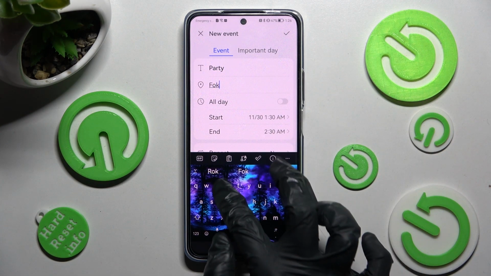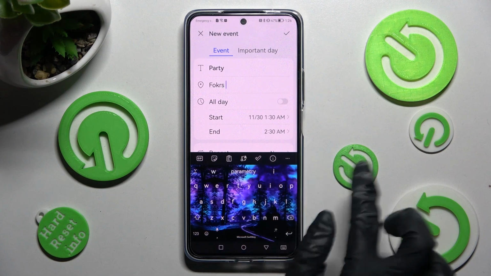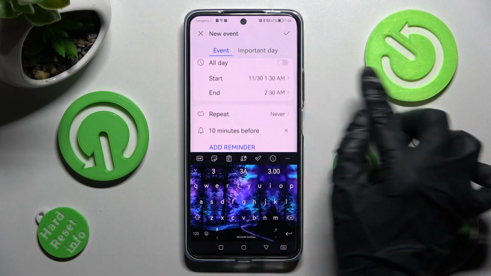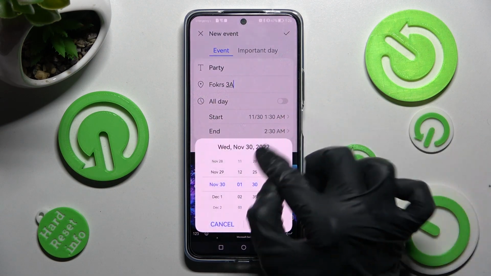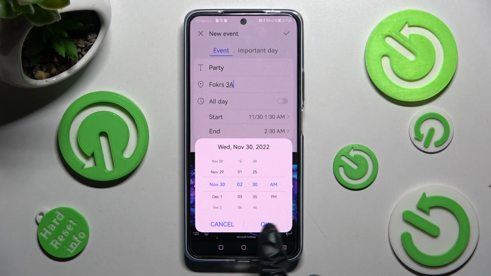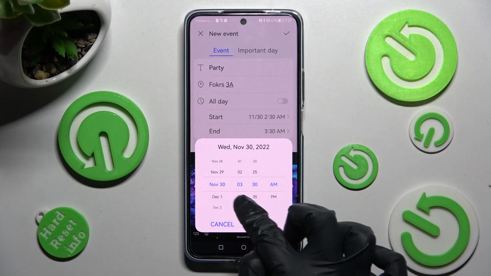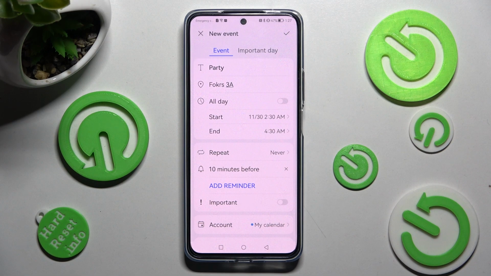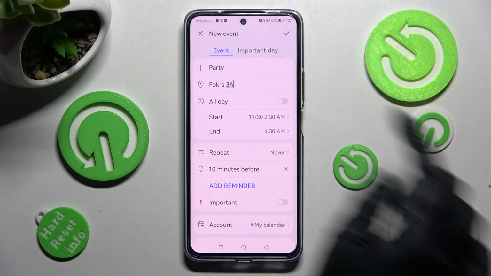Select Location by inputting an address. Pick starting hour, save it by choosing OK and then ending one. If you don't need to do that, you can always disable this feature as well by tapping on this switcher